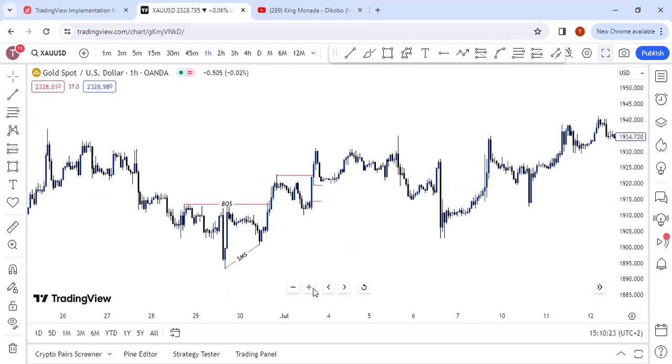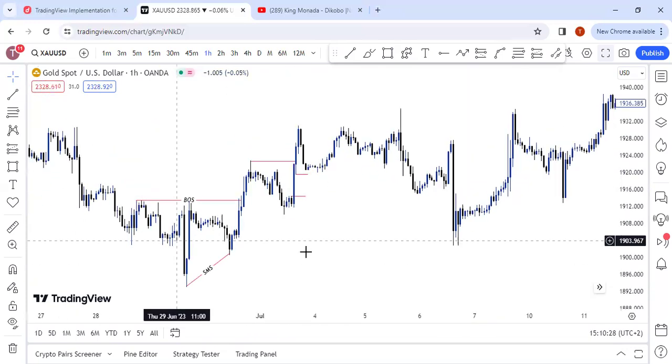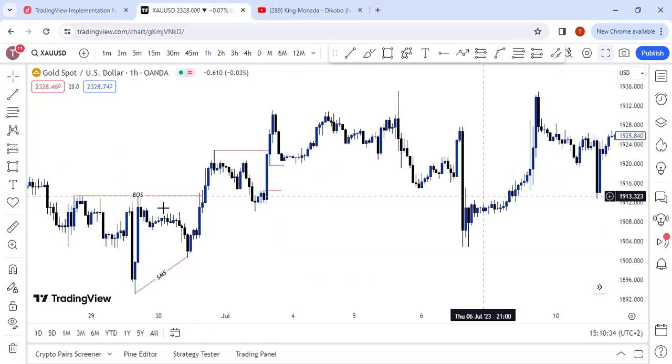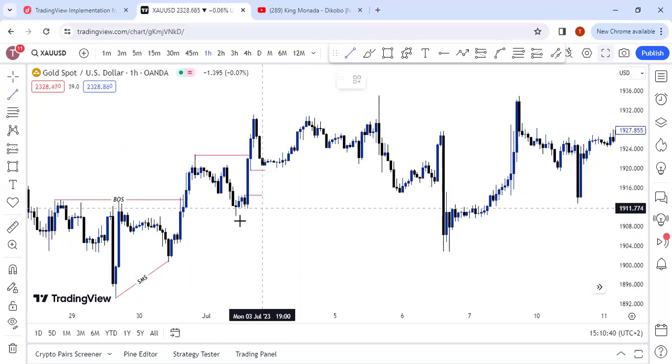Then again here in this case, we had an inducement setup. Remember that for this setup, the market was looking like a structure. We had a figure swing. Then before we choose our order block, guys, this was the